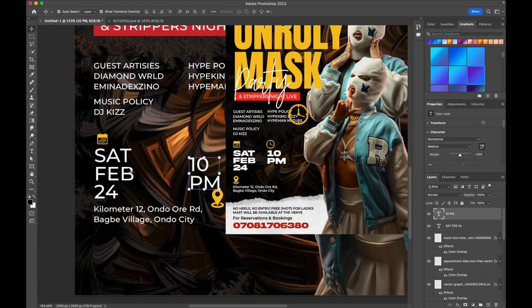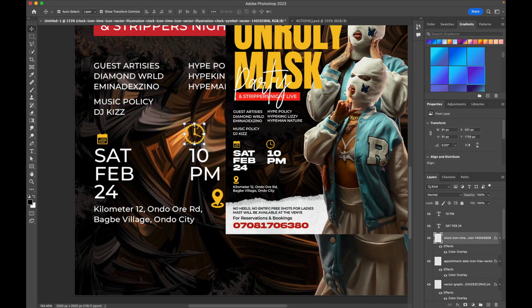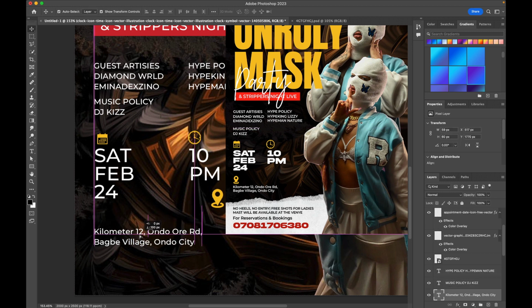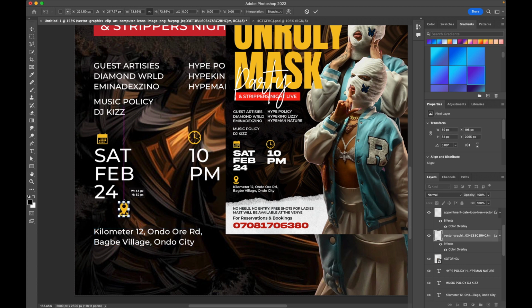So to make sure that these two align, let me select the two and then come to this top, then click on this alignment, align to the top. So the next thing is to put in the time icon and reduce a little bit, and then the location, which is the most important thing. What's the point of going to a party if you don't know the location? So here we put in the location,